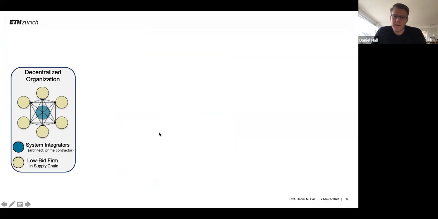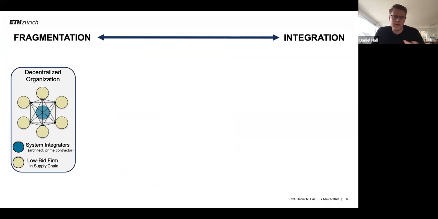So here on the left, we have what I would call the way we're organized today, the traditional way with this decentralized organization. And then on the top, we have a span of fragmentation to integration, right? So as you go from left to right, you have more integrated solutions. Now, integrated is not necessarily bad, but there are different strengths and advantages to fragmentation and to integration. And we'll talk about those in a moment.